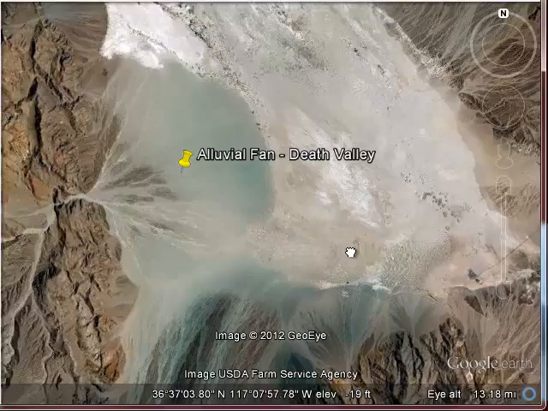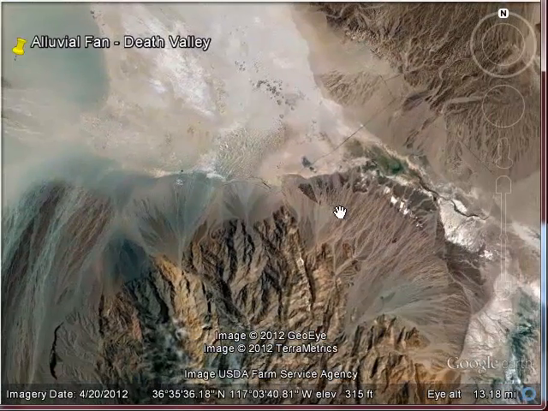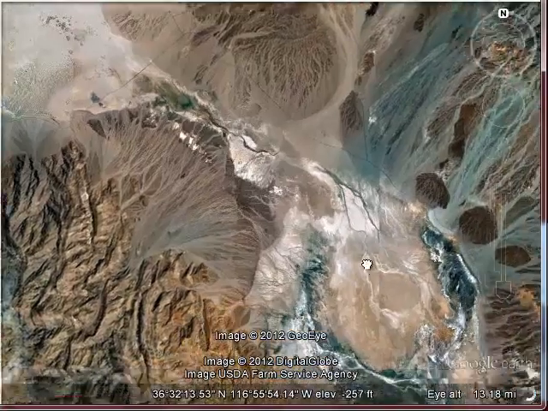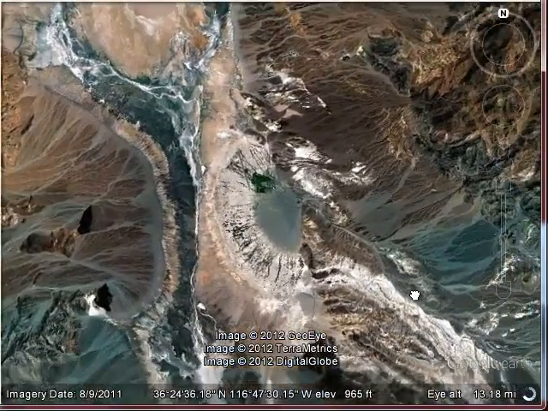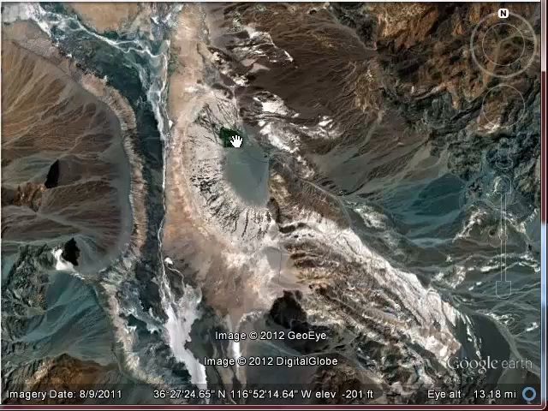It's pretty amazing. If we explore this valley some more, you can see some smaller fans over here. You guys can play around with this as well. So pretty interesting area. And here's one of those big fans as well. So lots of alluvial fans in a dry environment. And then we've got